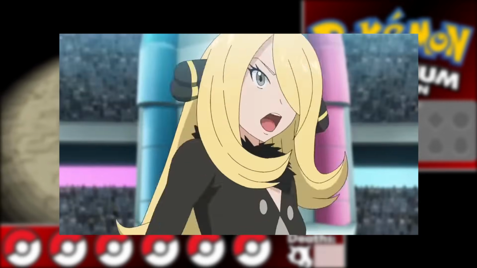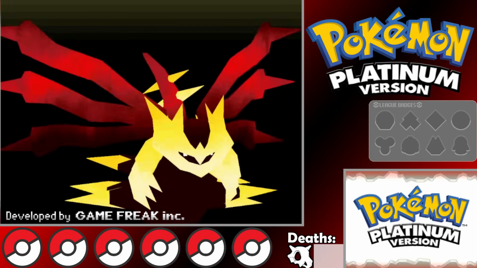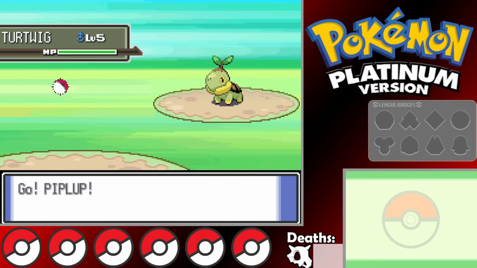Some of them are actually very good, but Pokémon Platinum has some really hard boss battles, so don't think this is gonna be a walk in the park. I'm definitely expecting a challenge here, but let's just jump into the game and see if we can win this run. Our starter choice for this challenge is obviously gonna be Piplup,